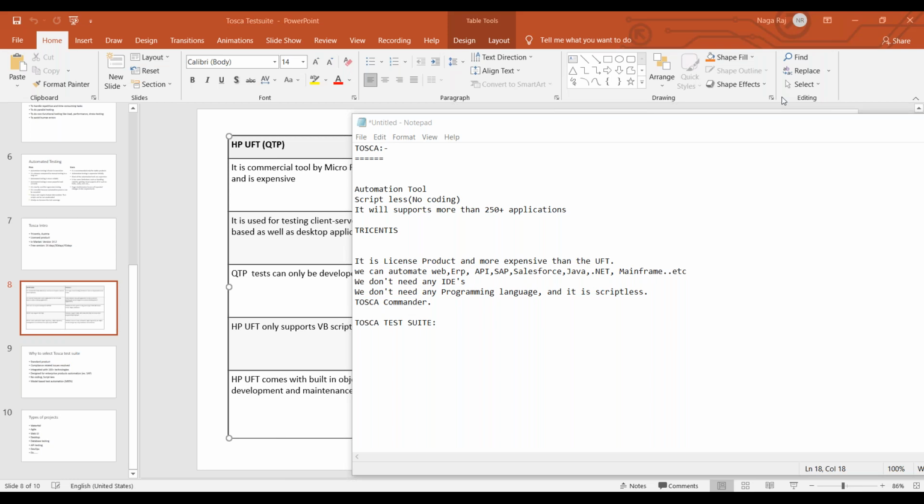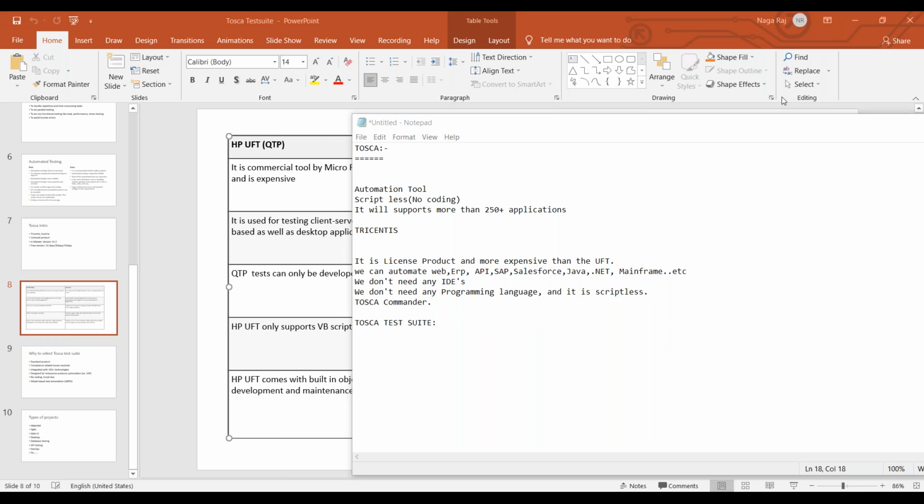Which application are you going to take as an example for real time, if I join the course? Yes. We can take a web application as an example. We can automate a web application here. Why? Because if we come up with very good knowledge of web applications using Tosca, the remaining things will be very easy. Why? Because we have more standard modules for the different applications.